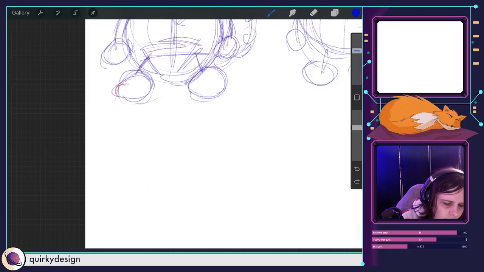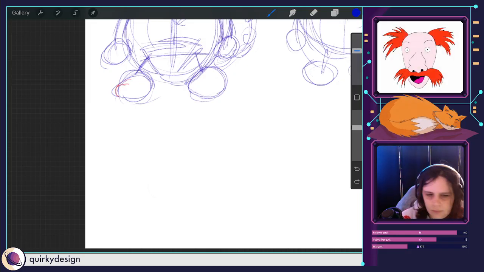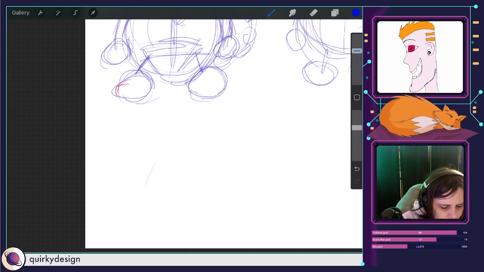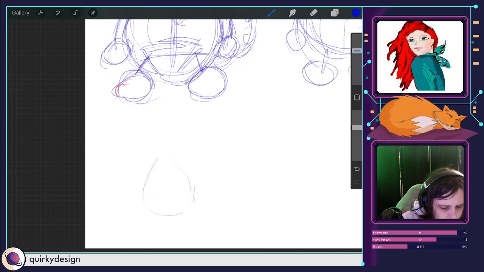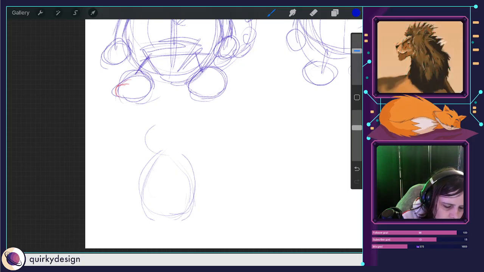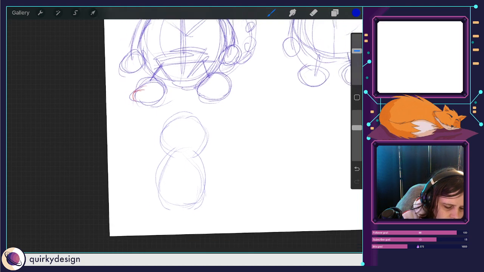Okay, so the idea is to probably make him maybe a bit shorter. I've got an idea what his tail wants to look like. I think it's just the head I want to figure out and make it look a little bit better.